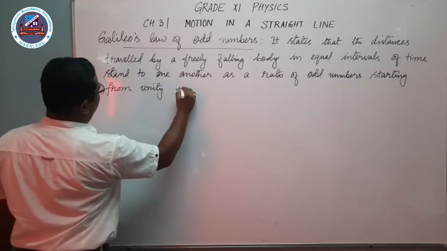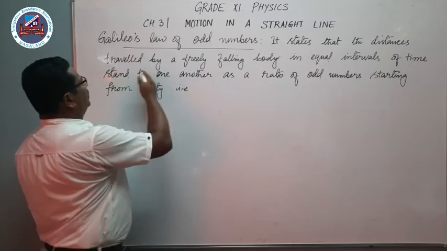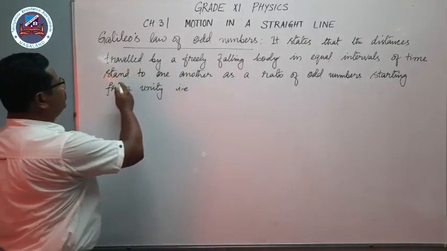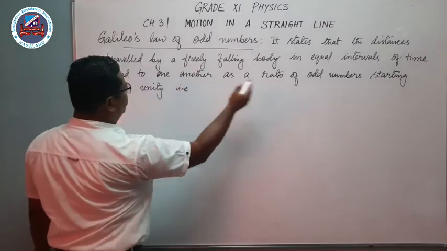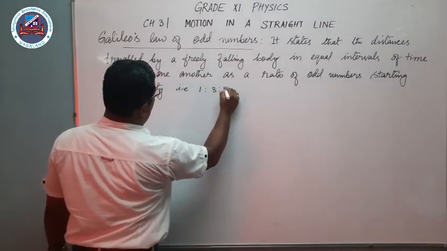Unity means 1. That is, the distances traveled by a freely falling body in equal time intervals will be in the ratio of odd numbers, that is 1 is to 3 is to 5 is to